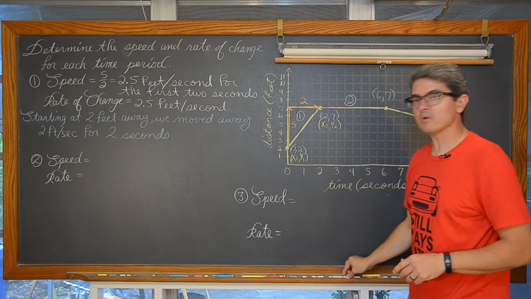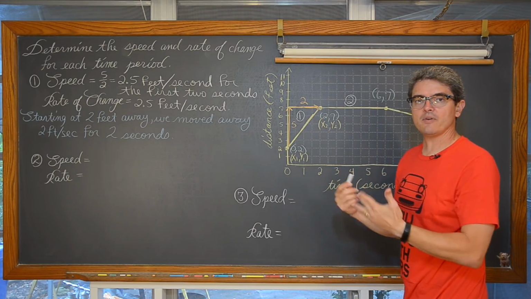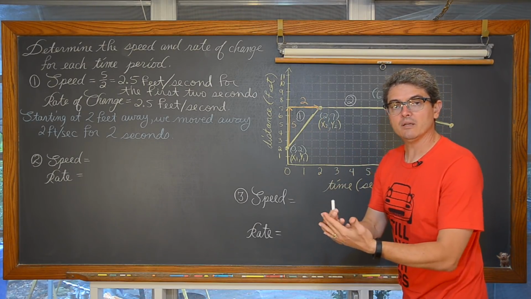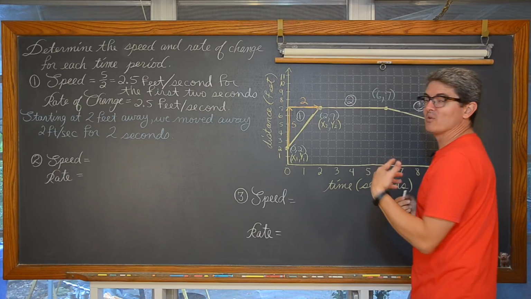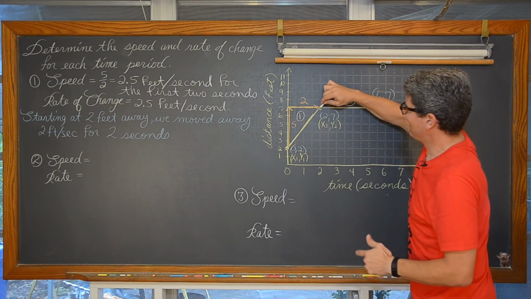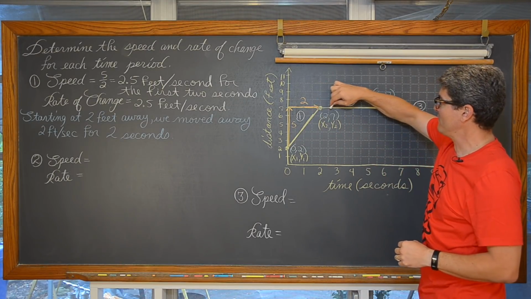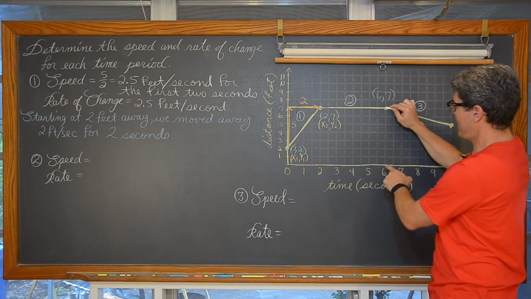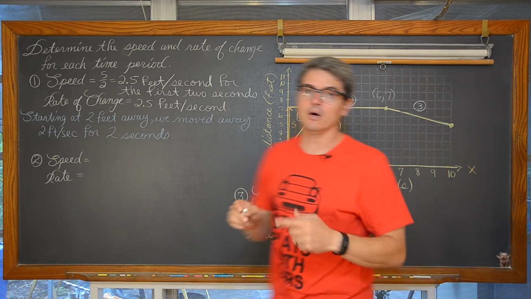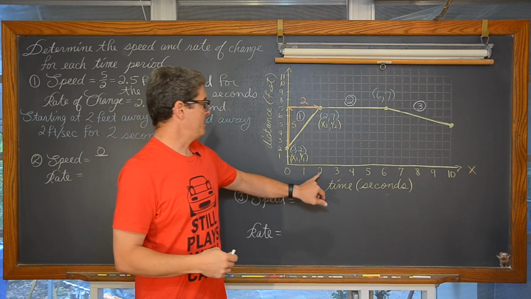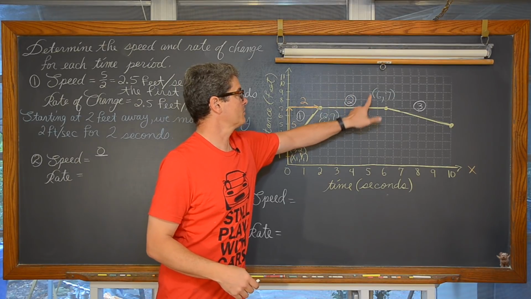You might already know the answer, but we're going to go ahead and talk about rise over run. When you visually identify rise over run from a graph, you always want to move left to right, like you read in a book, at least in the English language. So from here, we do not move up or down at all, because we're already 7 feet away from the object, and we maintain that 7 feet away until we're at 6 seconds, and then there's some kind of movement that happens, but we'll talk about that in a second. So our rise is 0 over the time period between 2 and 6. Well, 6 minus 2, or just count it out, 1, 2, 3, 4.